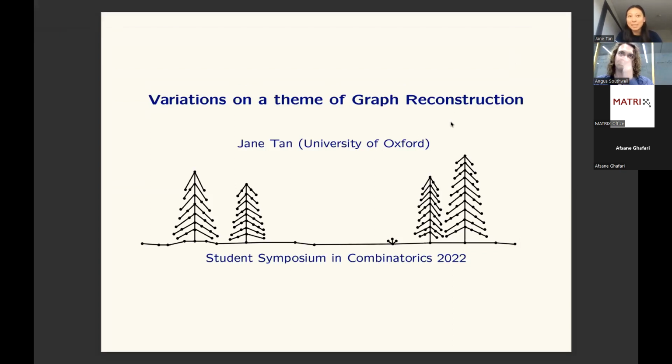My plan for today is basically to introduce the classical graph reconstruction problem, so we're on the same page. Talk about some of the variants. It's quite interesting to look at the conjectures associated to those, and basically head toward two particular variants that I've been thinking about over the last 2 years, roughly, and get a sense for the kind of flavor of proofs that are used in those. But I'm not going to be doing anything too precisely. I should say I'm happy to be interrupted with questions during, so I think Angus is going to pass on any questions that we spot. All right, so